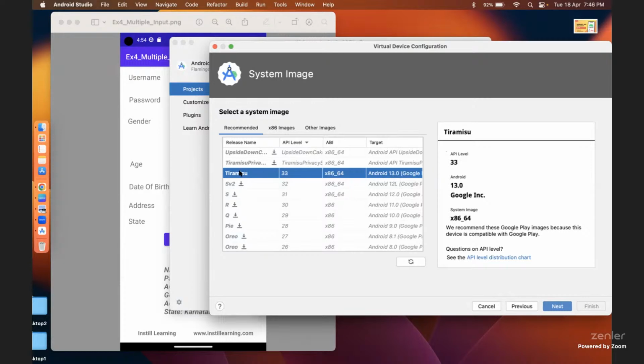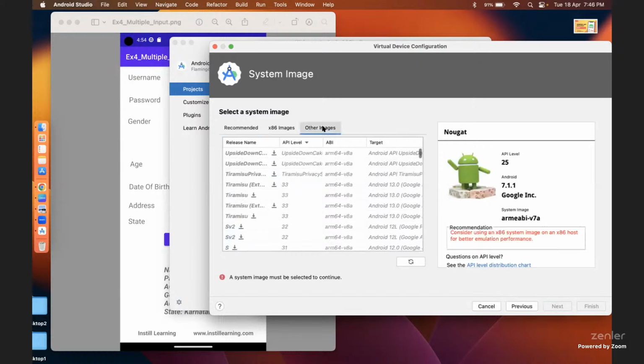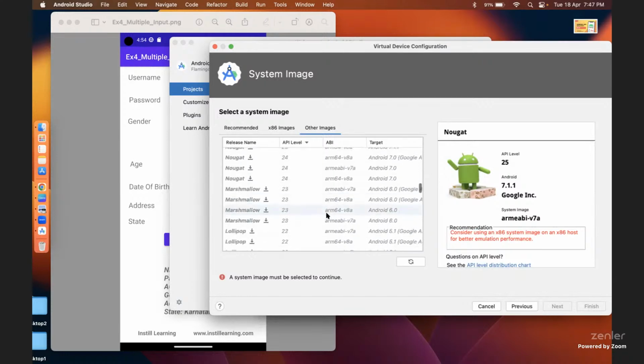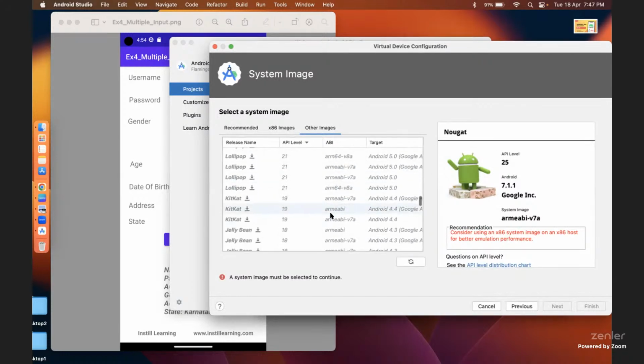You can install any one. So I have taken 33. You can also choose 33. You can go ahead. But if you have not enabled virtualization for many reasons, suppose if you are working in a company and they are not allowing you to enable the virtualization, or for any reason you are not able to enable the virtualization, in that case, you can go to the other image and check below in the other operating systems. You can go ahead, you can choose